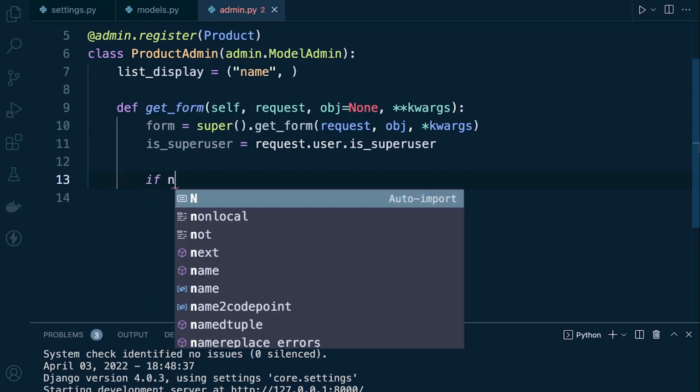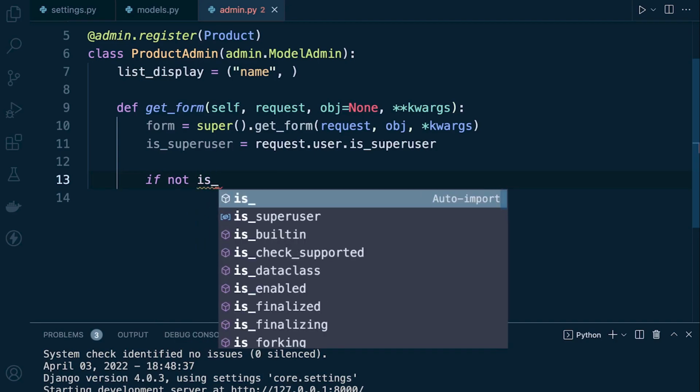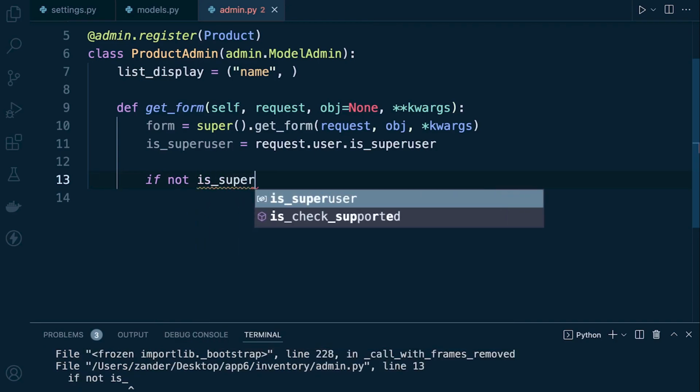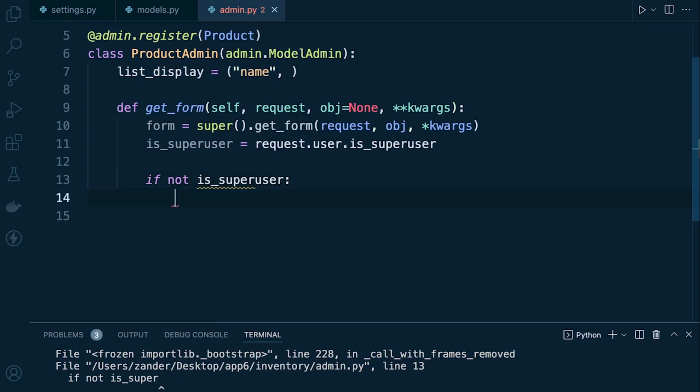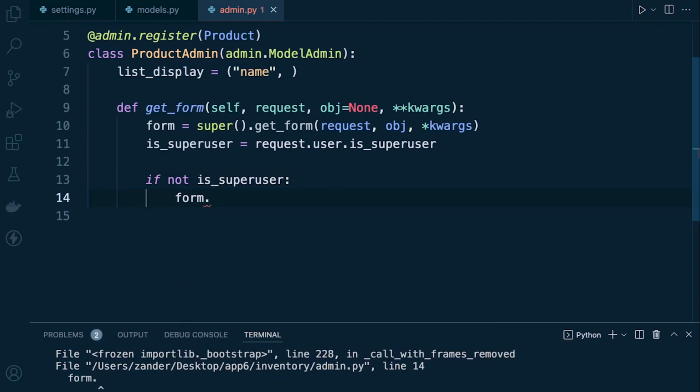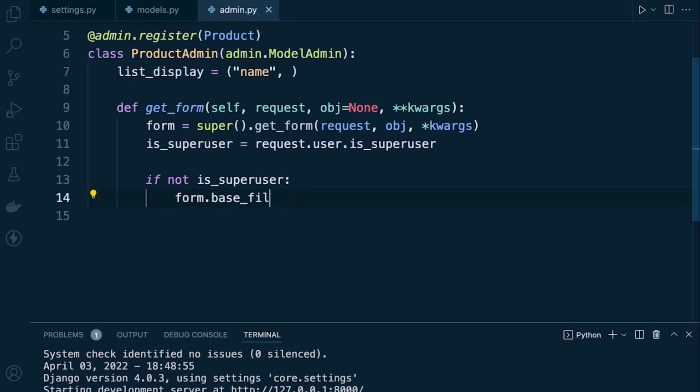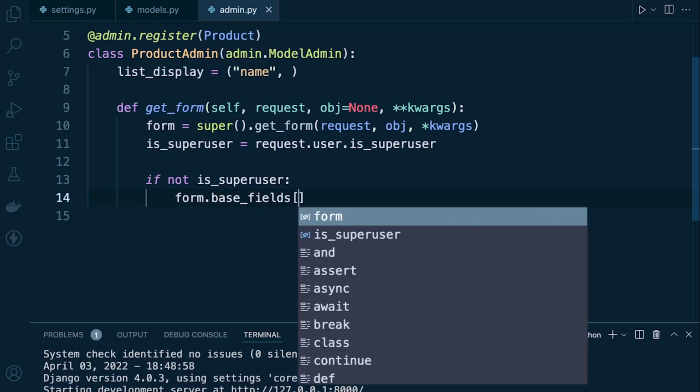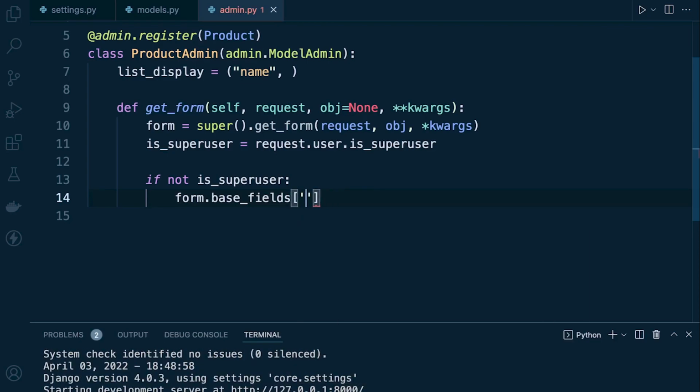We can now go ahead and make some changes to the form. So let's go ahead and say super user. So if they're not a super user, then what we're going to do is grab this form, and then we're going to take the base fields. I always spell fields wrong. It doesn't matter how many times I do it. And then,